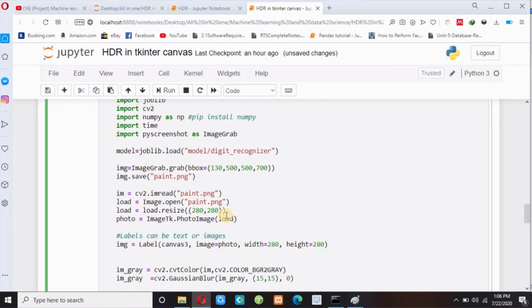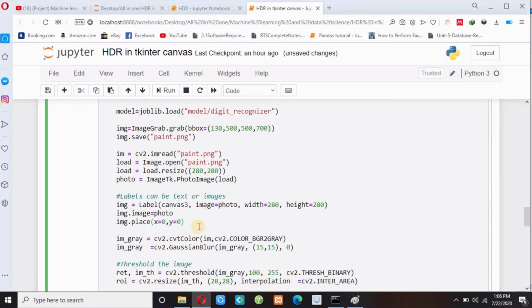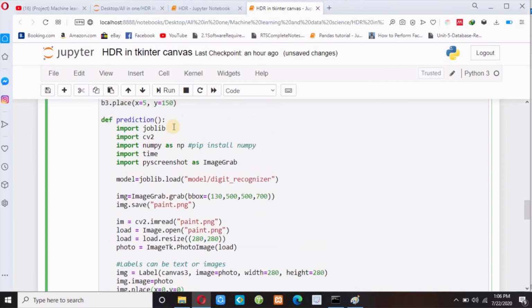I have already done this code in my previous video, in my demo of the Tkinter Canvas widget. So img.image equals photo here, and then place, the position where this label is to be placed. So x equals 0 and y equals also 0, in the top side of Canvas 3. So you have to remember this line of code.